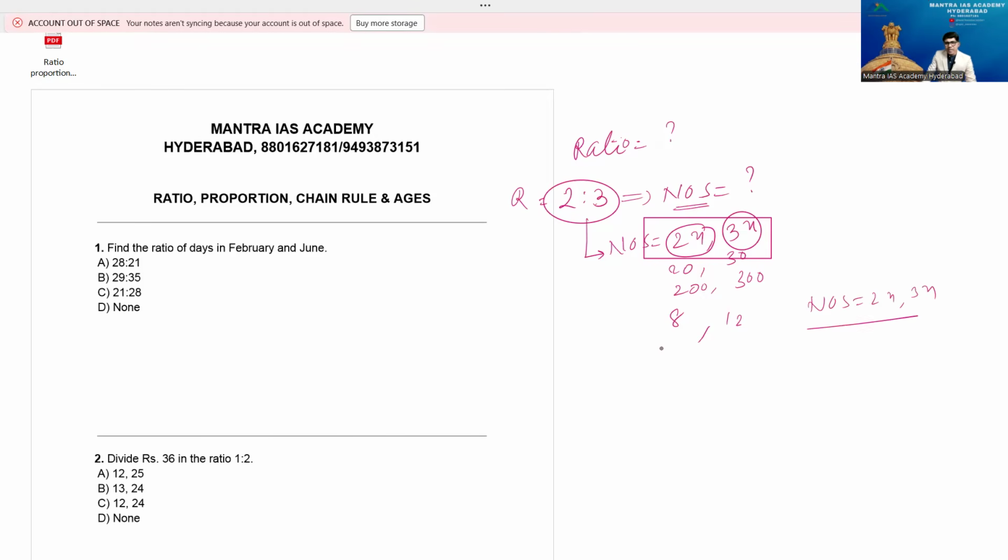Suppose instead the numbers are given, 40 and 50. Now tell me what is the ratio. You can simply say 40:50, that is called as the ratio, please? 4:5. That means the definition in this case, if we want to consider it, the least form of two quantities is called the ratio. The lowest form. Therefore, if you know the numbers, you can write the ratio. But if you know the ratio, it's impossible to tell the numbers.